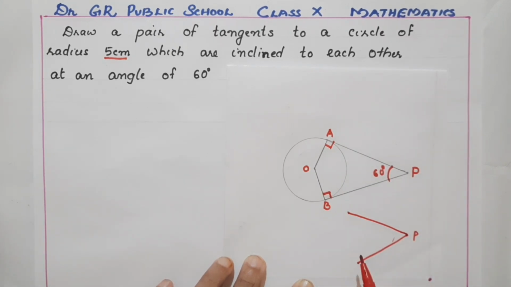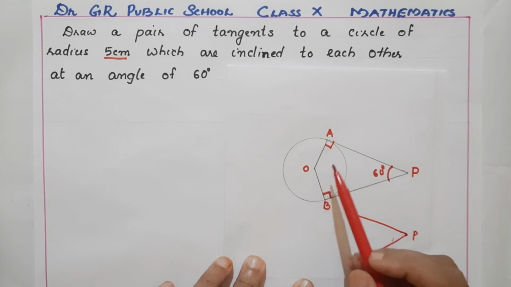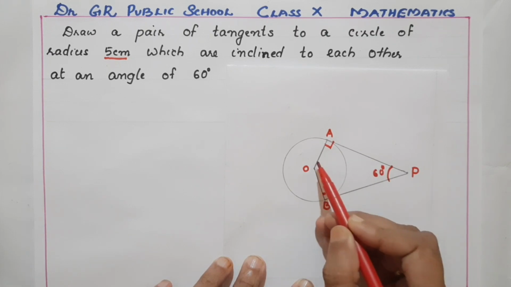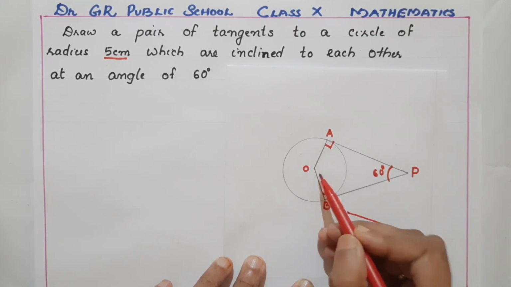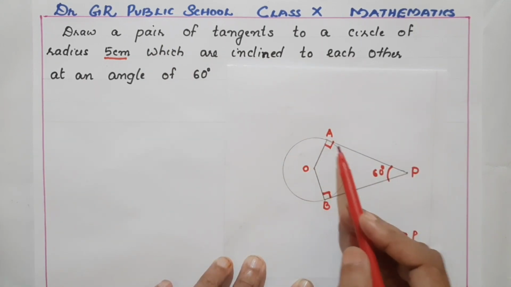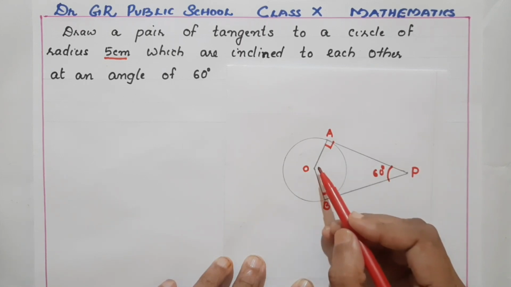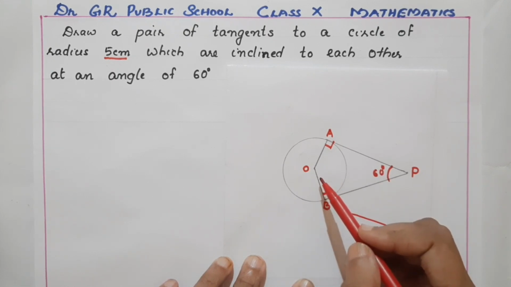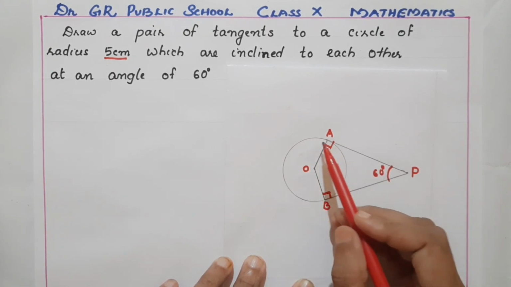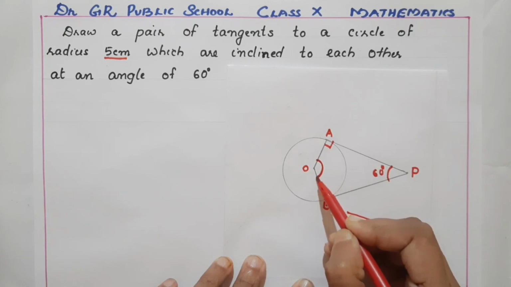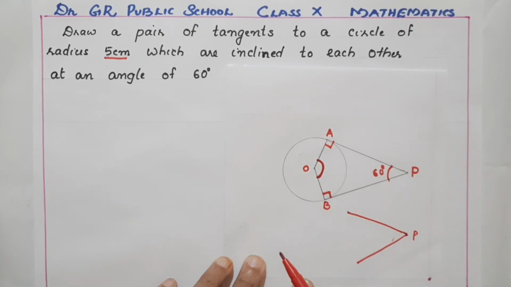So how can we do this? For that, see, in the chapter circles, you have studied to find out this central angle, isn't it? Here first we are drawing the circle, then using that circle we have to construct the tangent. So if we know the central angle, we can use that to draw the radii and to draw the tangents. So how will you get this central angle? Can you say? Can you recall the method?